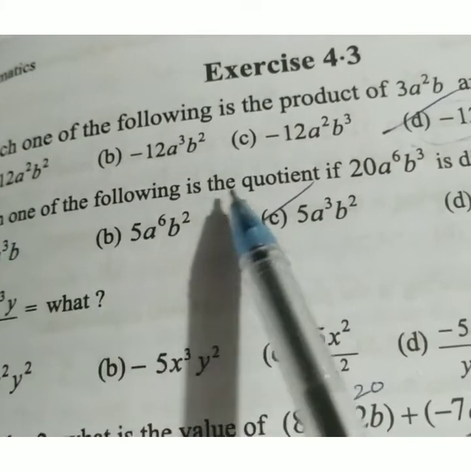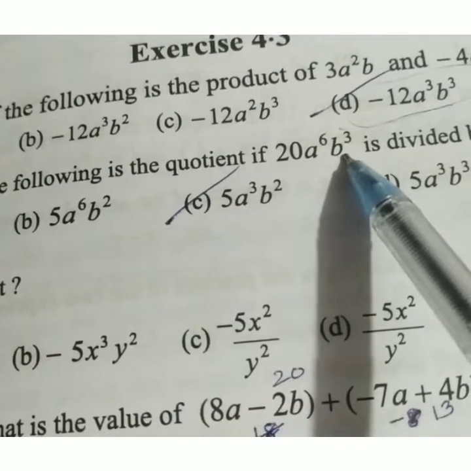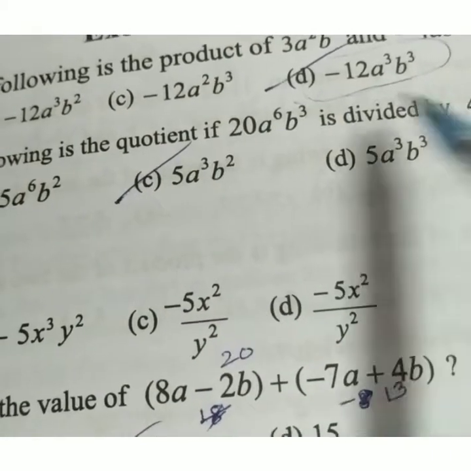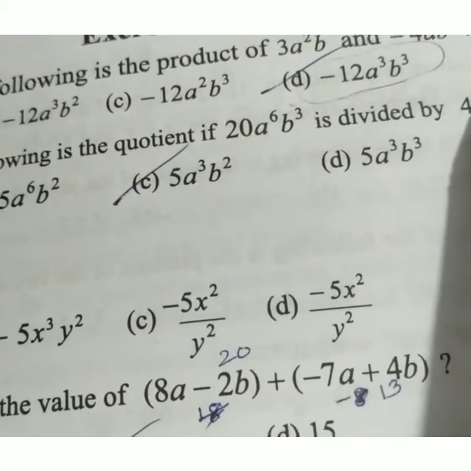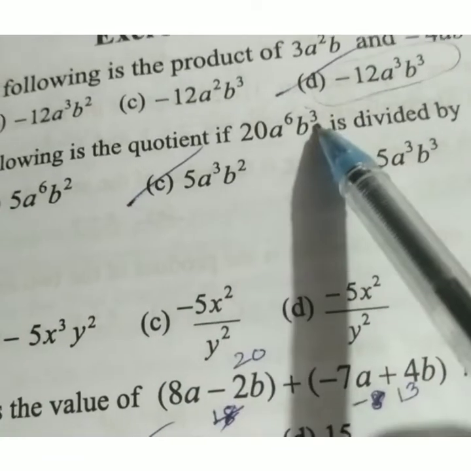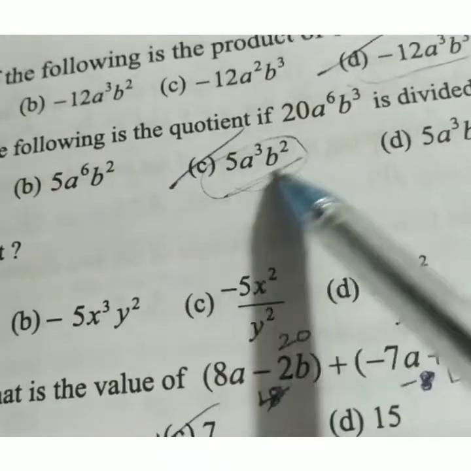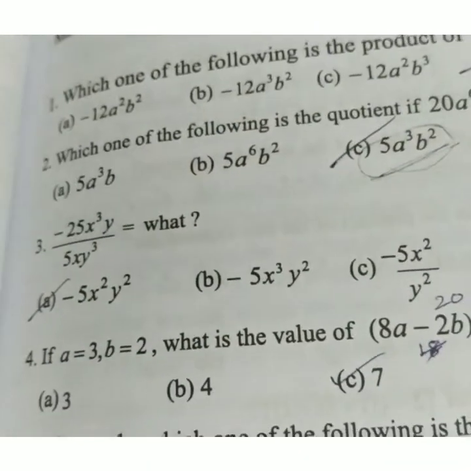Which one of the following is the quotient if 20a⁶b³ is divided by 4a³b? So I just need to divide. 20 divided by 4 is 5, a⁶ divided by a³ is a³, b³ divided by b is b². So this is my answer, okay. Similarly for number 3,